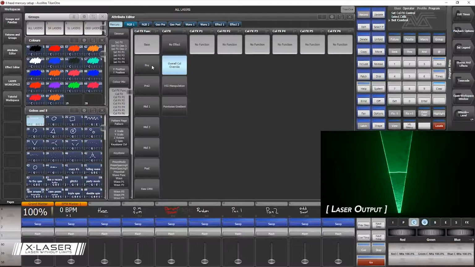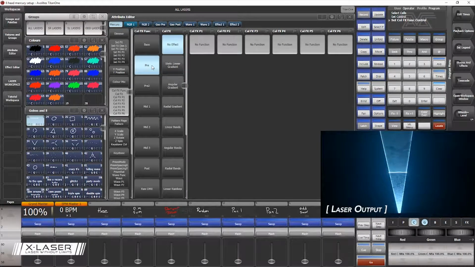Next option I have is pre. Pre refers to before the prism and before any effects. There are a couple different pre modes, a couple different mid modes. I recommend just playing with them to get a real feel for what does what. More often than not, I end up just going to the basic pre, so this makes the color effect happen